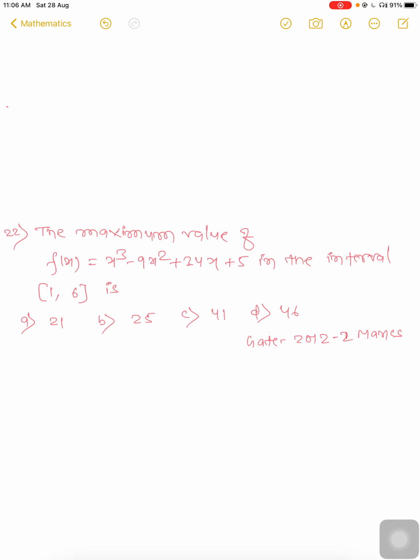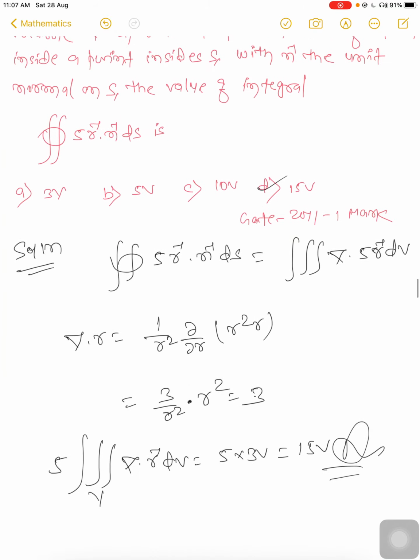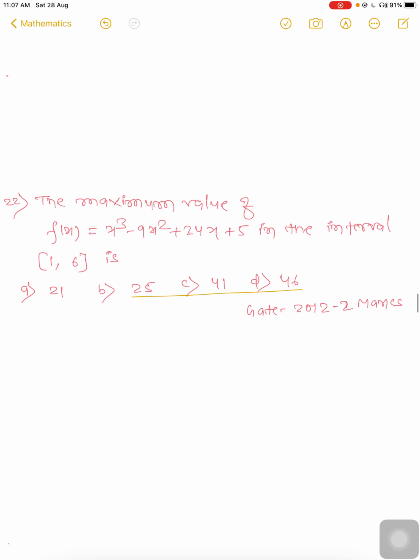The maximum value of f(x) in the interval, we have to find out the maximum value of f(x). Question 22: the maximum value of f(x) we have to find out. So